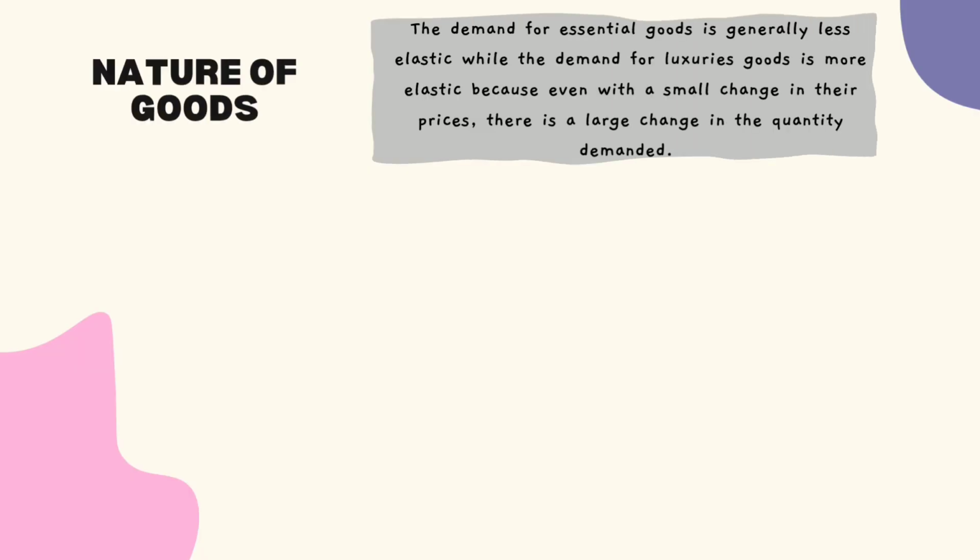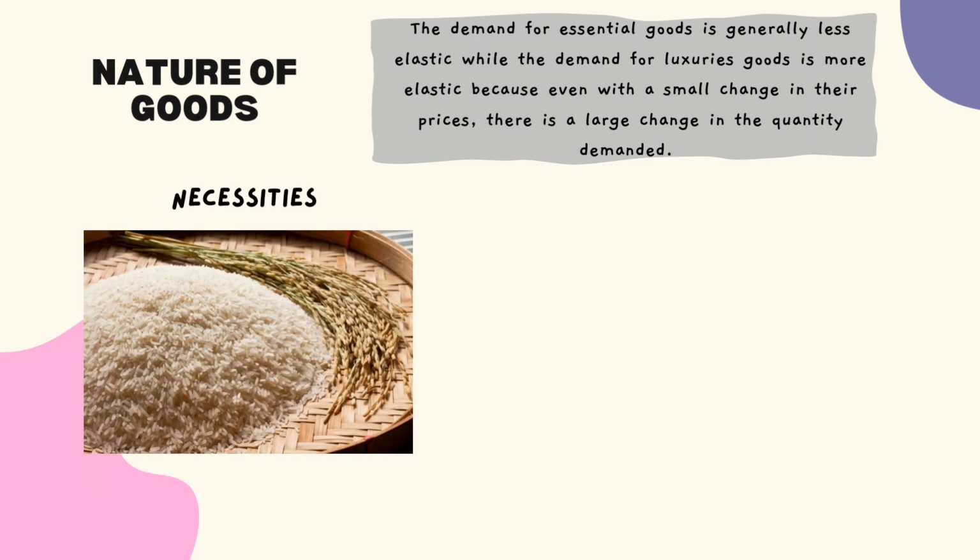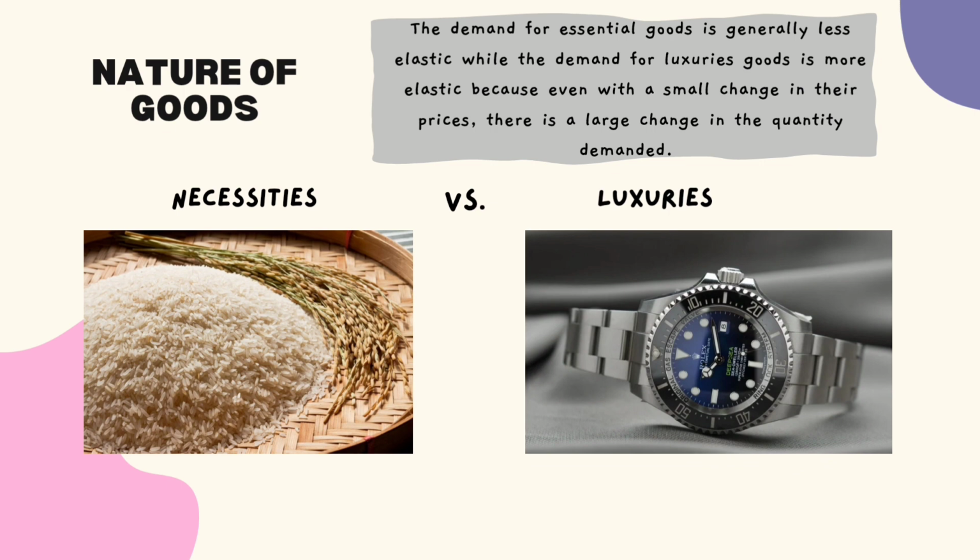Next factor is nature of goods. The demand for essential goods is generally less elastic, while the demand for luxurious goods is more elastic, because even with a small change in the price, there is a large change in the quantity demanded. For example, a necessity product is rice. Consumers still have to buy rice even when there is an increase in its price because rice is important to